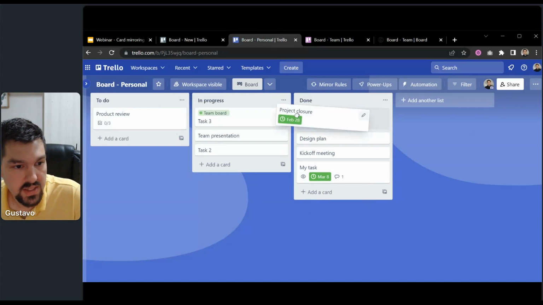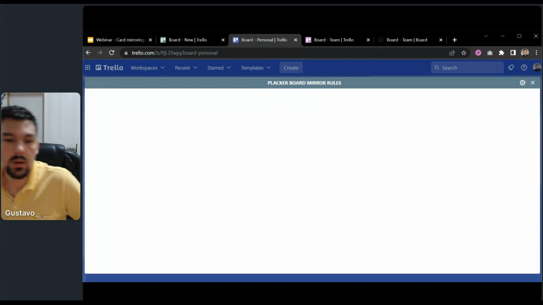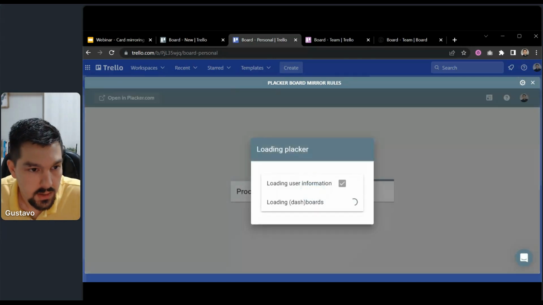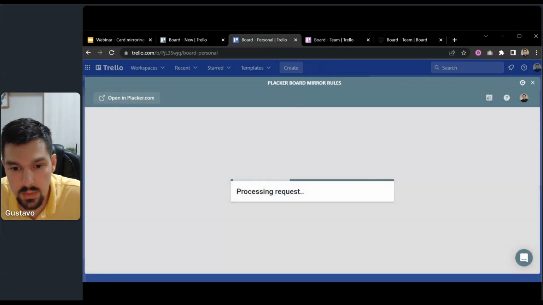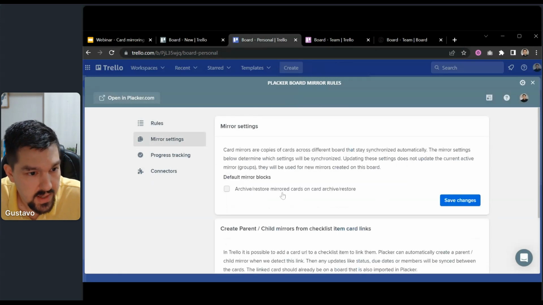Well, let's explore some other features. So if you also click the board mirror rules, for example, there is an option here that says mirror settings. And there is this first option,